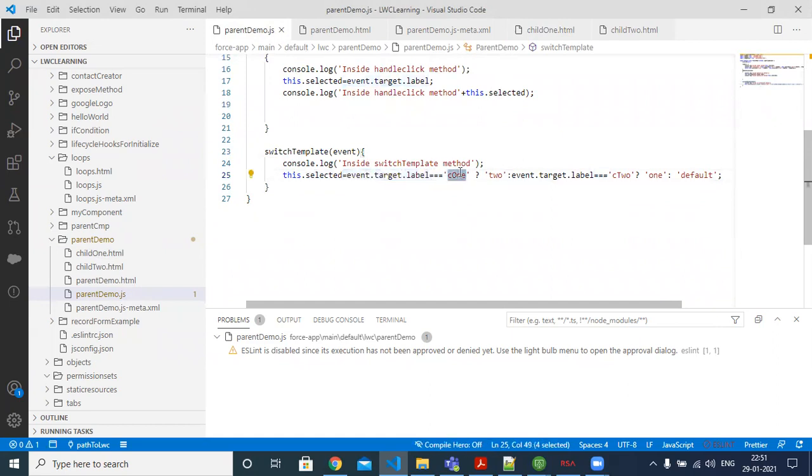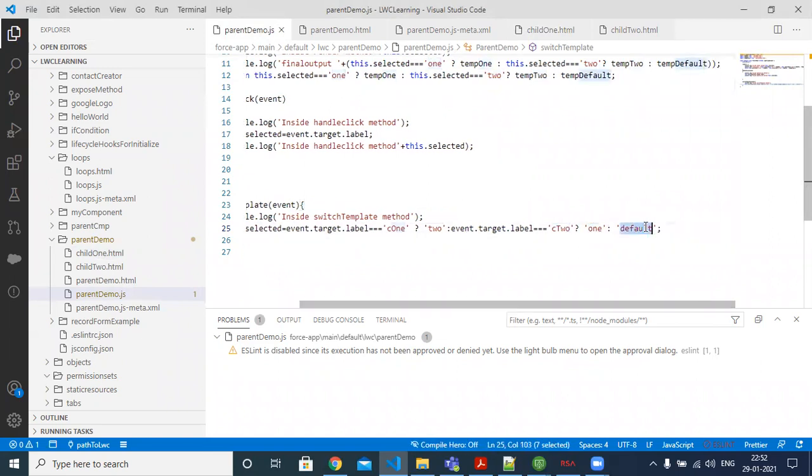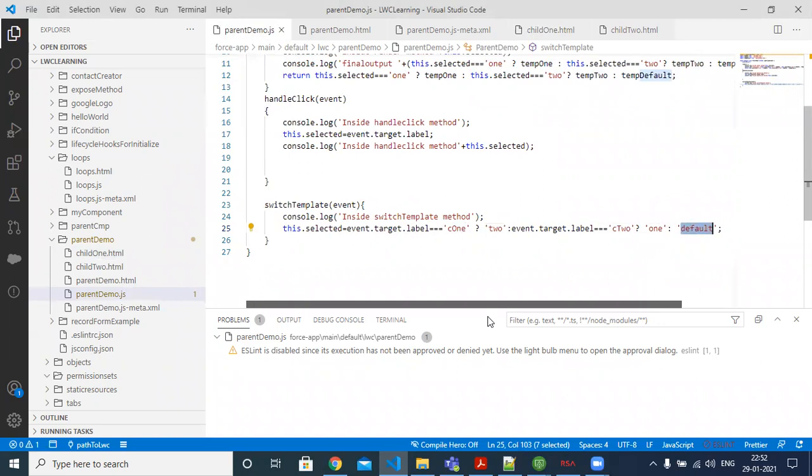If it is C1, I'm passing the value as 2, meaning I want to switch the template. If it is child one, I want the child two value. If it is two, I want the child one template. Otherwise it is going to be the default. So I'm just changing some values inside this. Why am I passing 2 if it is C1?